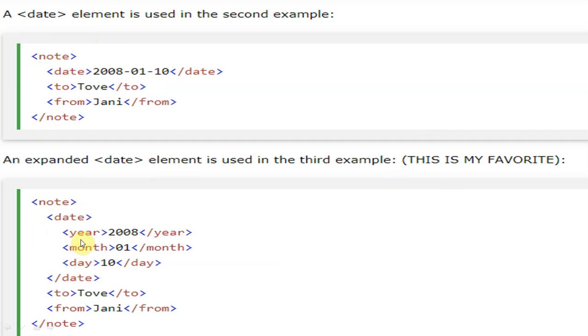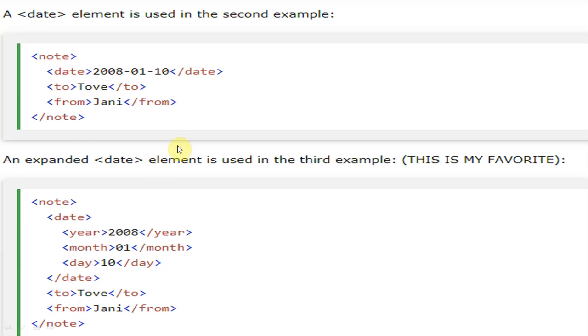Inside the date we have three more elements: year, month, and day. So rather than writing the whole date in one element, we are writing year, month, and day, three different tags. This is called an expanded date element, used in this example.